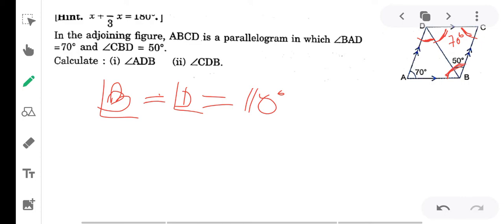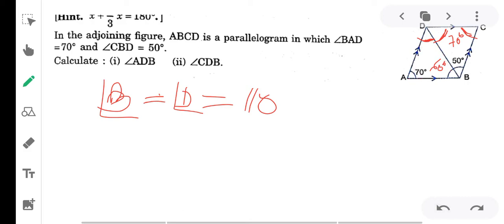Okay, and angle CBD is how much? 50 degrees. Now this angle DBA will be 110 minus 50, that will be 60 degrees. Clear? Angle B is nothing but the sum of these two angles, right? So if one angle is 50 degrees, then another will be 110 minus 50, that is 60 degrees. Clear? Now in triangle